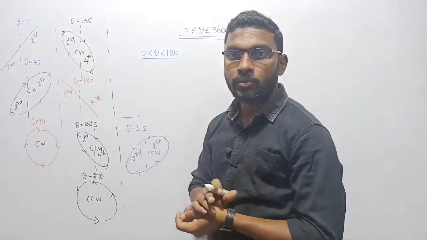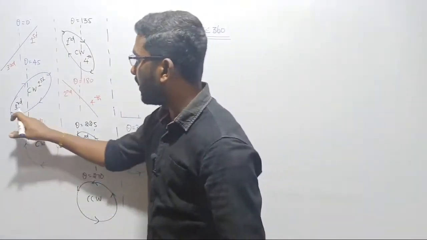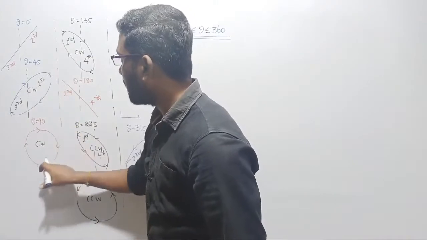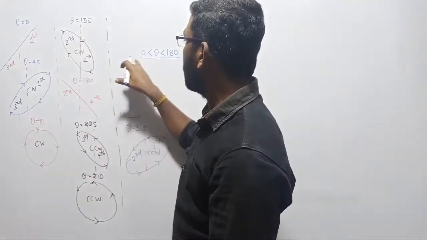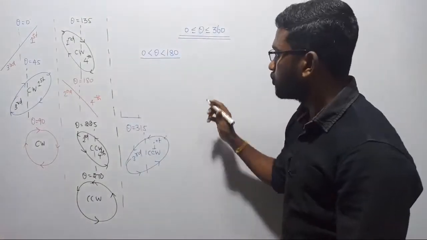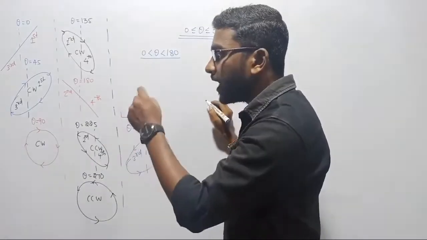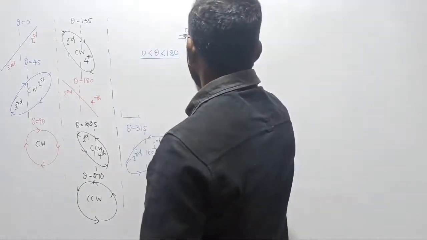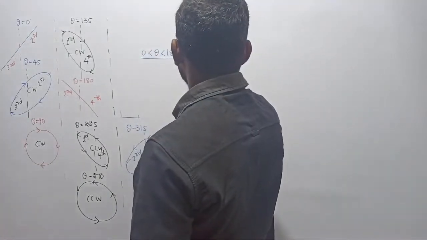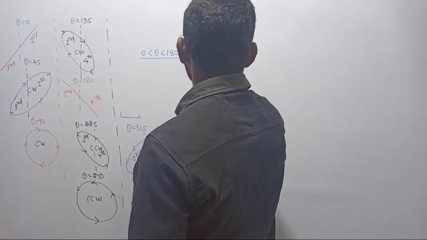Do you guys agree with me? Just observe, sir, initially I was rotating in the clockwise, rotating in the clockwise, rotating in the clockwise. It does not matter at which angle you lie in between 0 and 180 degree. So the first conclusion is, whichever pattern is displayed on the screen in between 0 and 180, it is always going to rotate in the clockwise direction only. First conclusion.